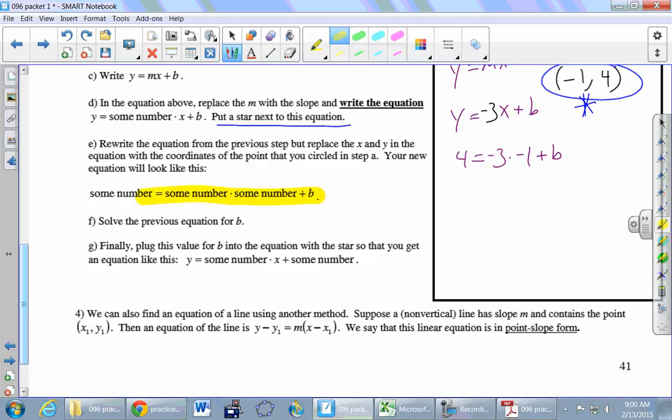And so this is now the version of the equation we just wrote down. Some number equals some number times some other number plus the b. The b is the only letter that should be in that equation. And since the b is the only letter, we can solve that equation and find b. So that's what part F tells us to do. So let's see, 4 is equal to -3 times -1 is +3 plus b. Subtract the 3 from both sides. B is